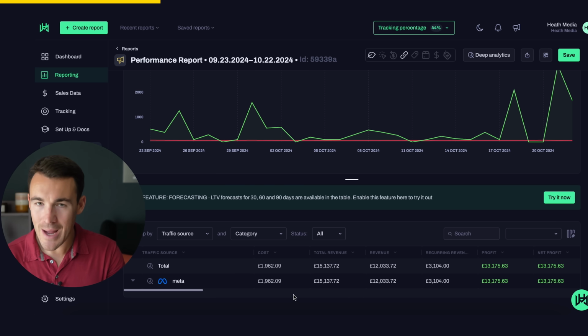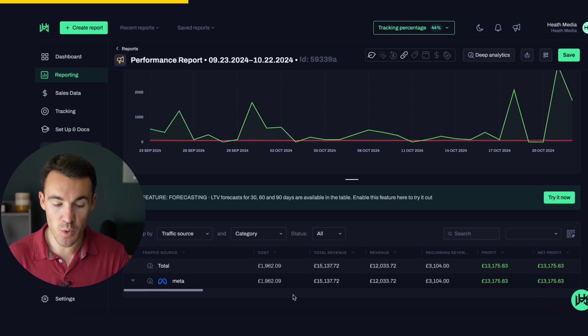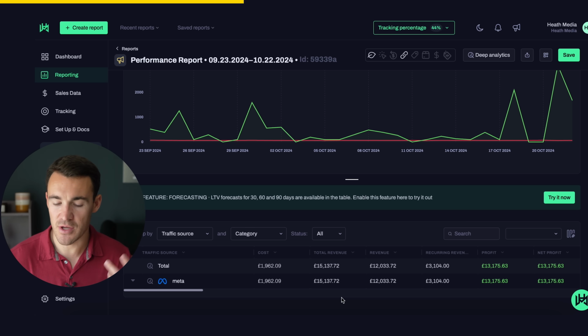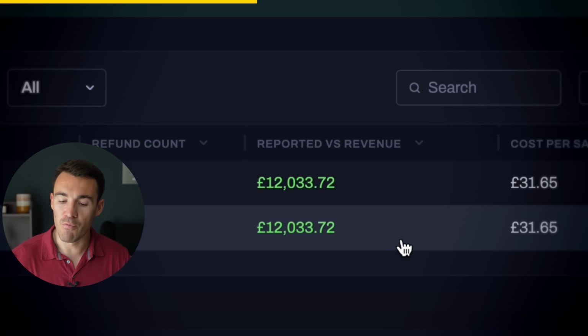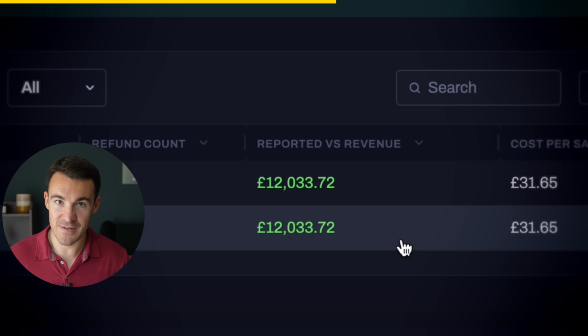And let me quickly show you how important this is. So I'm in my Hyros dashboard. I've isolated one of our Meta ad campaigns, and I've created a report for it so we can see the data and you can take a look at this. So this campaign spent just under £2,000, generated £15,000 in revenue. But here's the really important bit: reported versus revenue. And in this column, we can see £12,000. Now what that means is that out of the £15,000 that this campaign has actually generated, Hyros has been able to report on the full 15,000